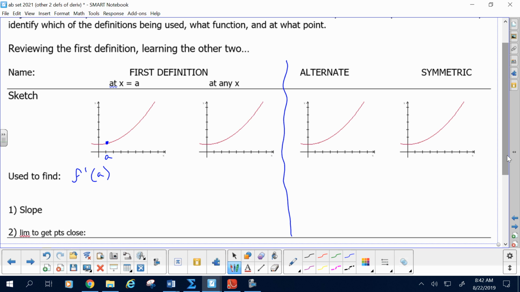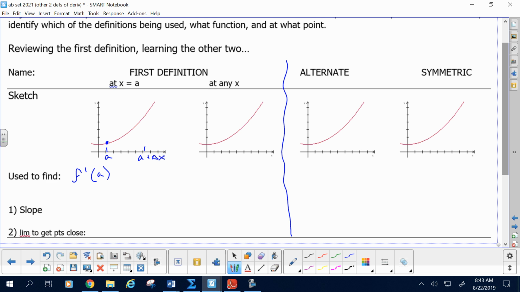I use delta x or h. Some books use h as a delta x. I'm just going to stay with what we did yesterday, and maybe eventually I'll use h. H is less writing, honestly, but it doesn't have a lot of meaning. So I'm going to go with delta x. So a plus a little off to the right, which is a change in x, so delta x.